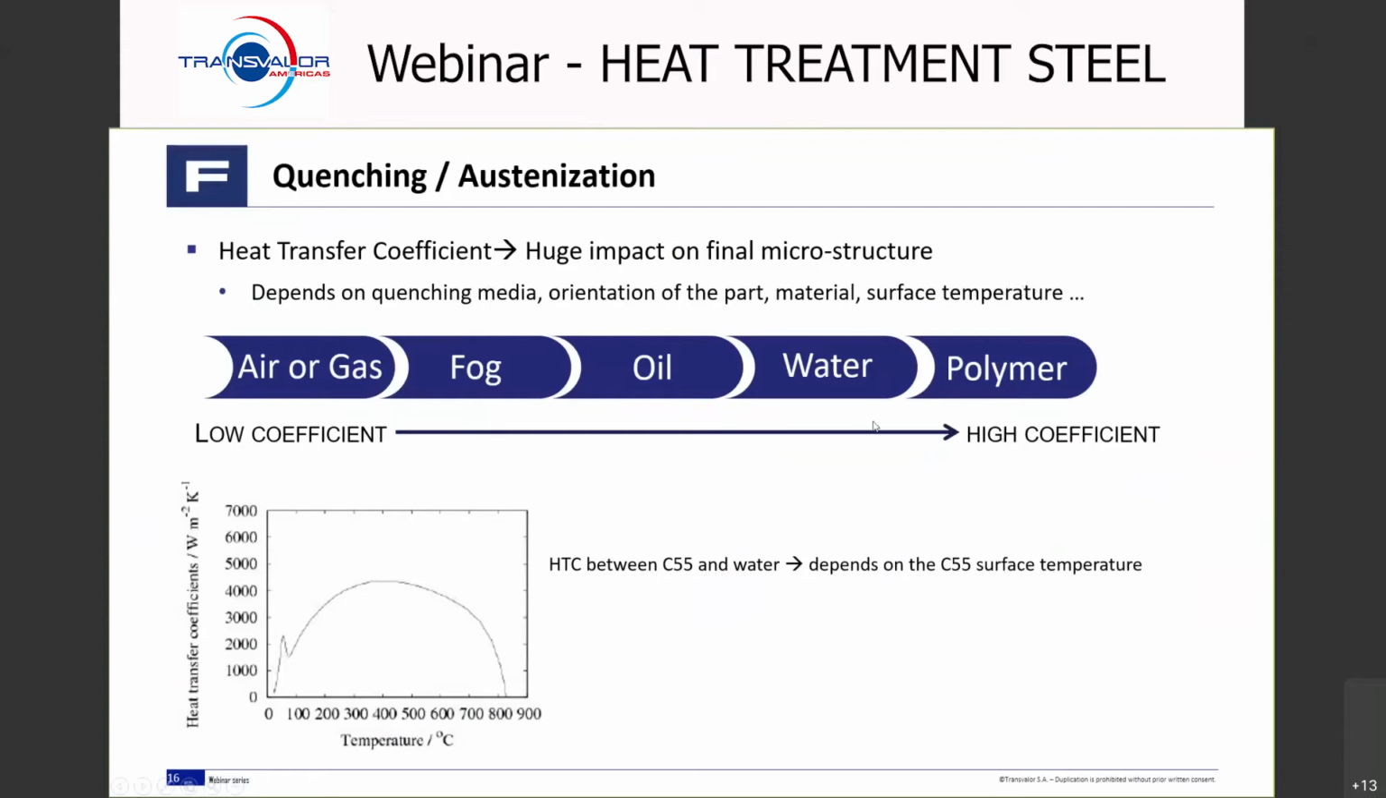It's possible in FORGE to enter, for example, in this case here, we are showing the HTC between water and the C55 material. As you see, the HTC on the y-axis is not constant at all. It depends on the surface temperature on the part. If we enter a constant value, we will not get results as accurate as we will get if we enter this variable value. I'm going to show how to do this in FORGE in the next